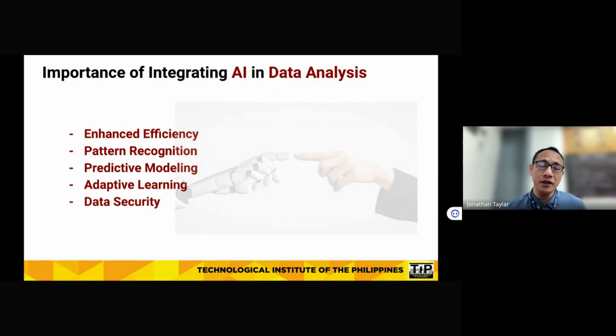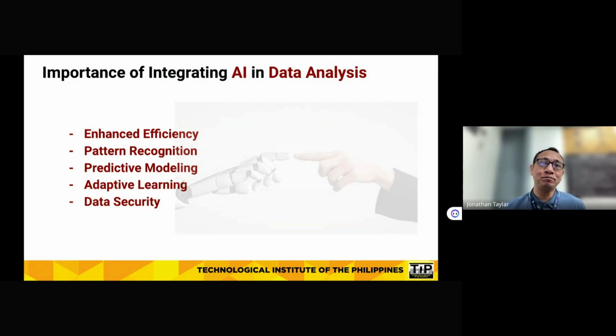If you integrate AI into data analytics, organizations can build predictive models that can anticipate customer preferences, market demand, equipment failures, and other critical factors, which allows them to proactively address potential challenges and capitalize on emerging opportunities. Predictive modeling powered by AI helps organizations optimize resource allocation. They can also mitigate risk, and they improve their decision making by providing actionable insights based on